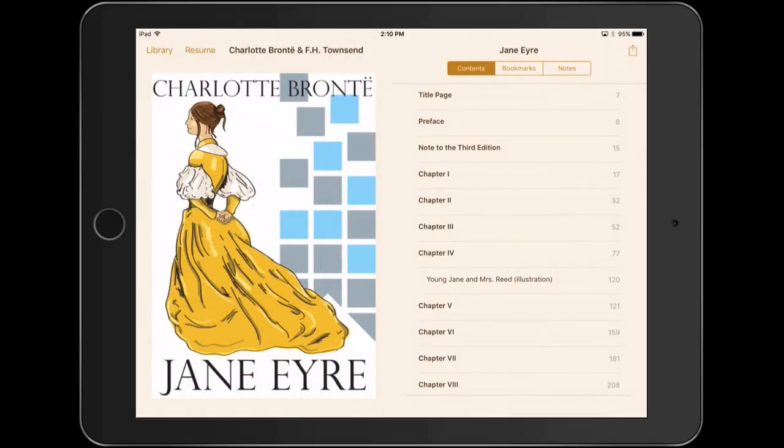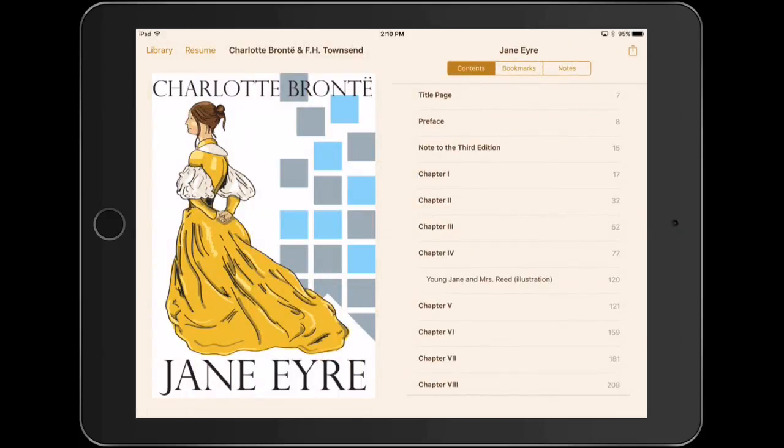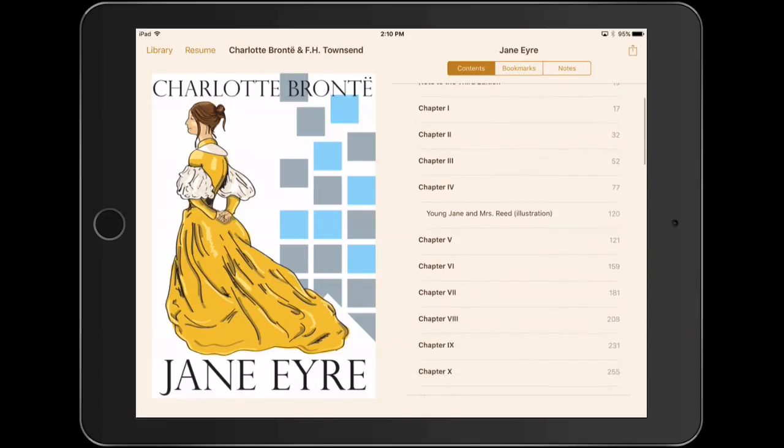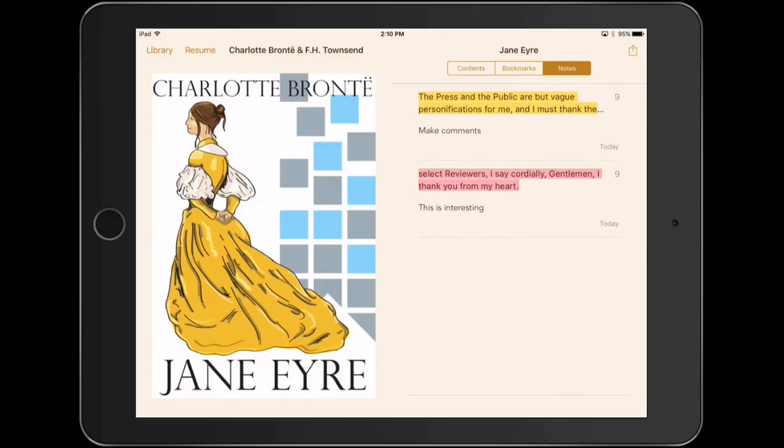So if I go back, at the very top left-hand corner, there are 3 lines with a dot. When you click on that button, you're going to have a table of contents. Okay? If you make any bookmarks, they will be there, but also the most important thing to me is the third option on the right-hand side that says Notes. Here I can see all the things that I've highlighted, what colors they are, and what note I have had. What's really cool for me as a teacher is that I can use this as a way to check in with what my students are doing,